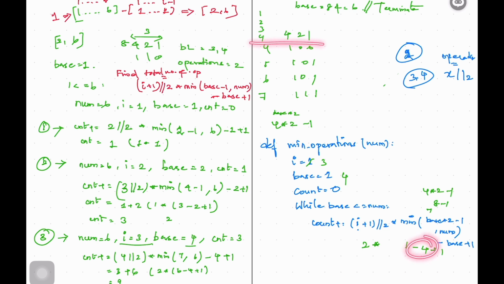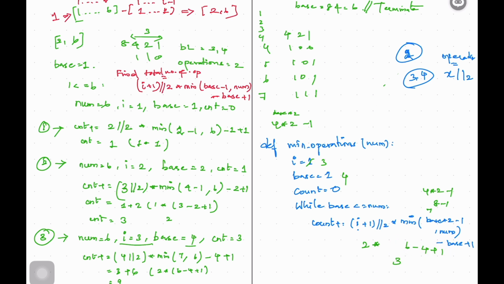After this base only our binary length 3 would have started. From 4 only our binary length 3 would have started, right? Before that, whatever it is, that is of binary length 2. That count you should not take for binary length 3. So that's why we are subtracting the previous base number. Okay, 6 minus 4 plus 1 will give us 3,